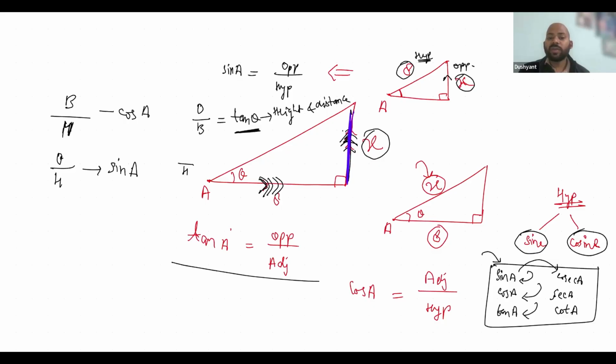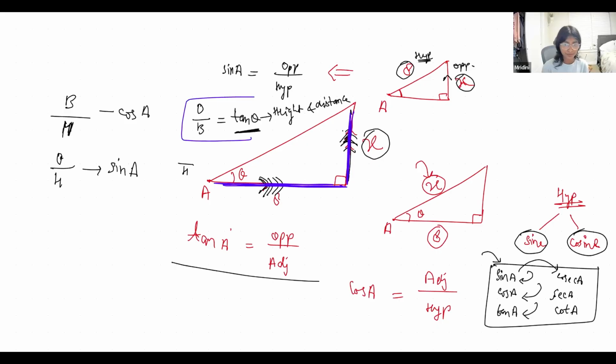So keep in mind, tan theta is opposite over base, because the opposite is my height and the base is my adjacent. Okay, clear? That's something we will have to discuss. So we will do some